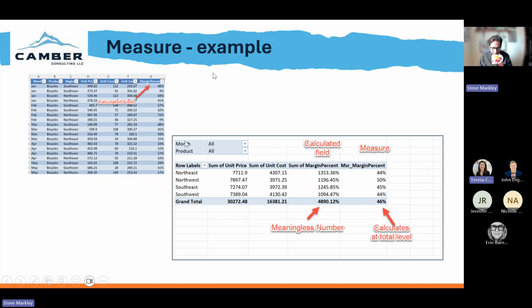Yes. Show us. Is that not simply a formula in your Excel file? No, it's yes and no. So the middle column there, the calculated field, is all column G. The cell formula is the margin divided by the cost. Actually, I think I might have done it over price, yeah, margin over price. The problem with using that is, as you see in the pivot table, if I do any summarization of these rows in the pivot table,